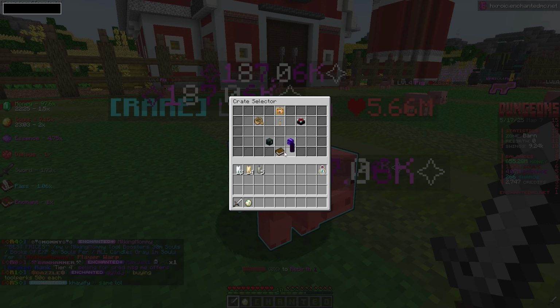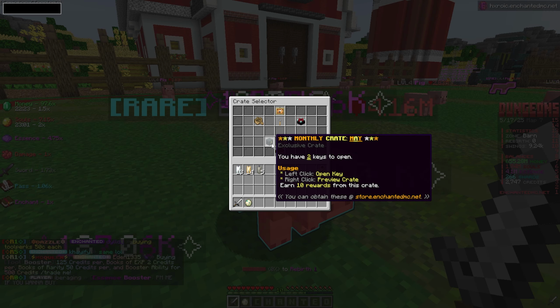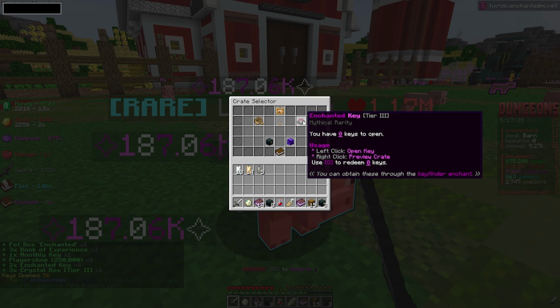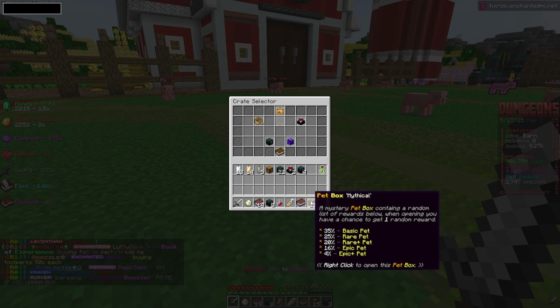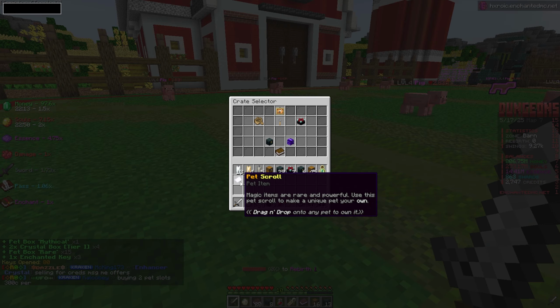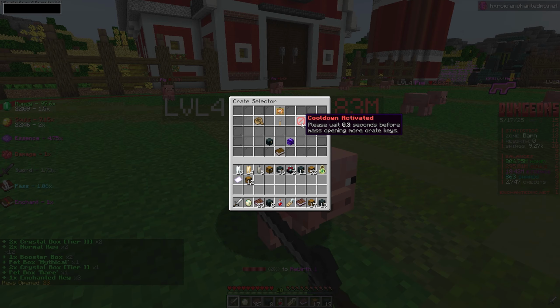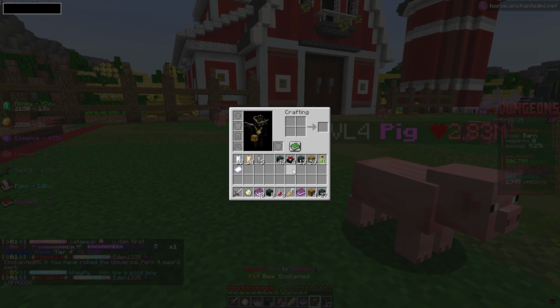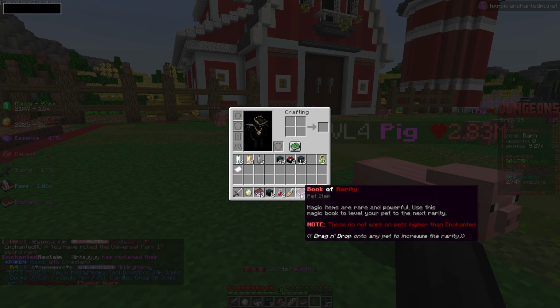And I actually forgot from our bundles and reclaim, I should actually have a couple monthly crates. So open those. Book of Rarity, Book of Experience, Soul Boosters, Enchanted keys, like 56 of them. Enchant boxes, some more crystal boxes, normal keys, and rusty keys. We're literally out of keys now. Okay, now we're out of keys. So plenty of stuff there, which I think we should maybe get some upgrades to our pets, and then obviously